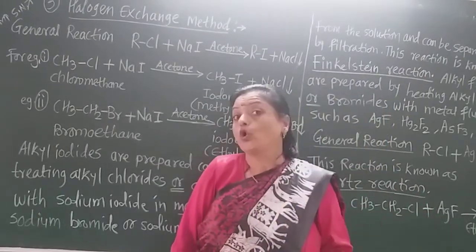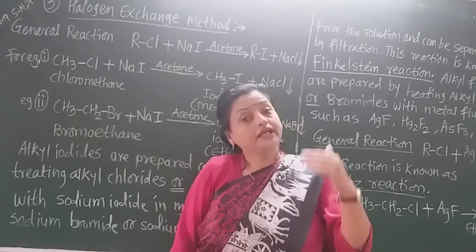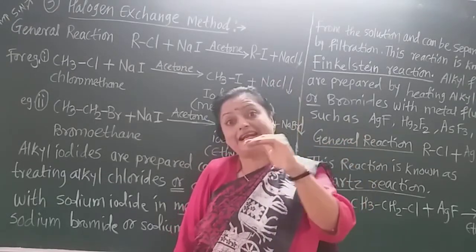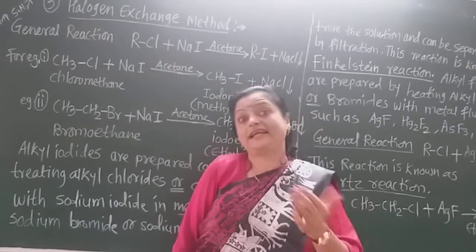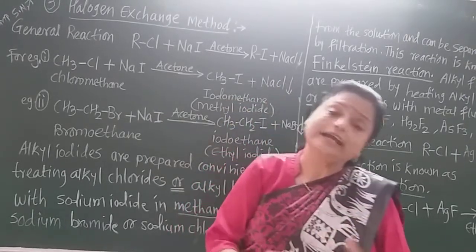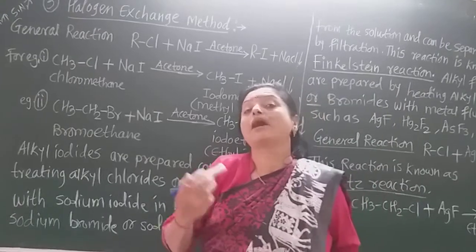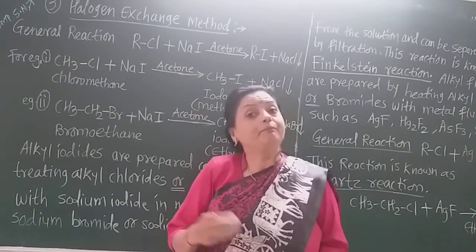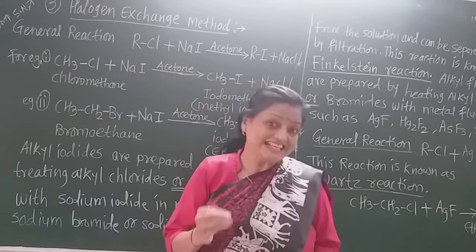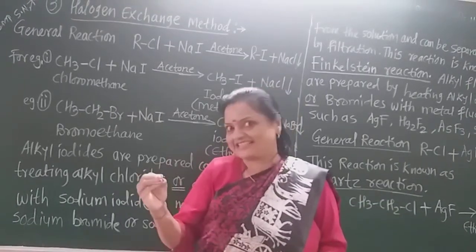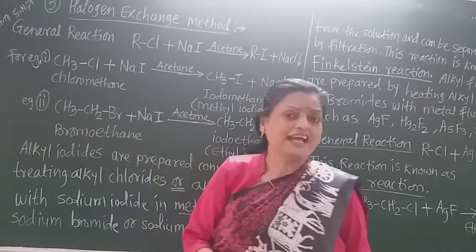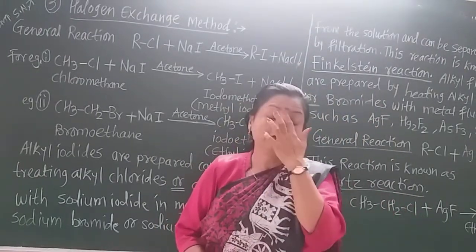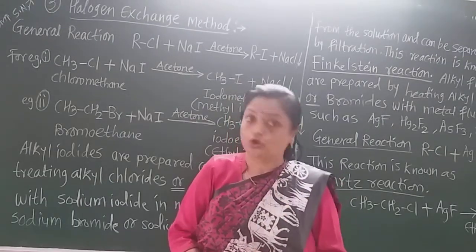that is from alcohol and from hydrocarbons. In that, from alcohol there are two different methods, from hydrogen halide and alcohol and from phosphorus halide and alcohol. And in the hydrocarbons we learned Markovnikov's rule in the last lecture. In that we prepare the alkyl halide from alkene and halogen acid such as HBr, HCl, HI, and there are Markovnikov's rule and anti-Markovnikov's rule. That is also a very important short note.